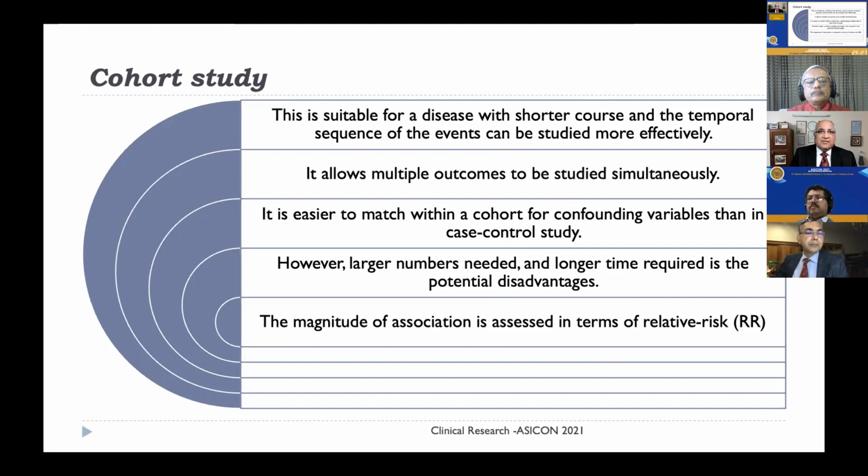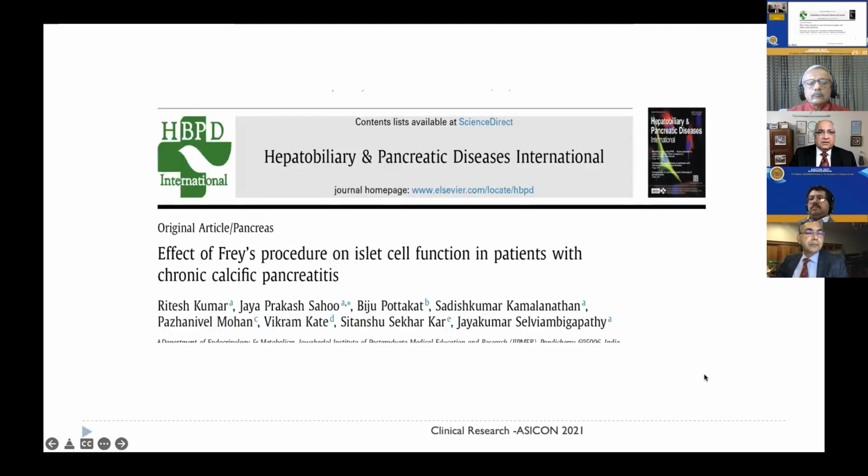It can give you results from these observational studies that are something like randomized controlled trials. It's not an interventional study, but you can get that kind of information in propensity score matching. Here, the outcome is measured in relative risk. The earlier one, I said, was in odds ratio.